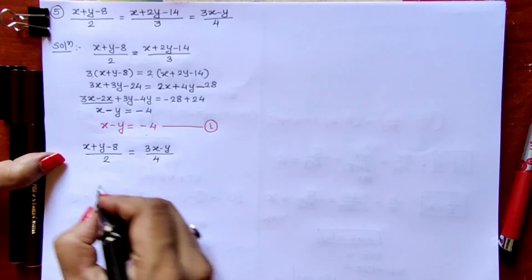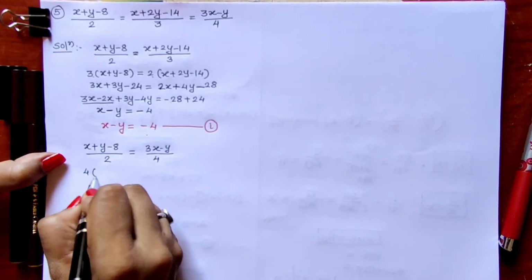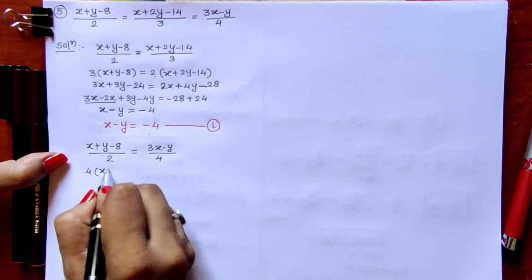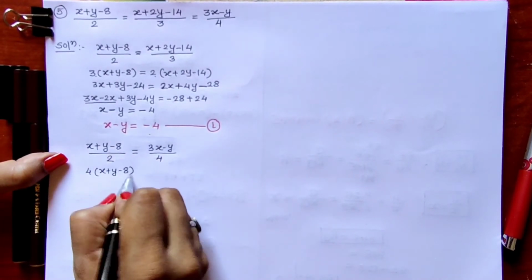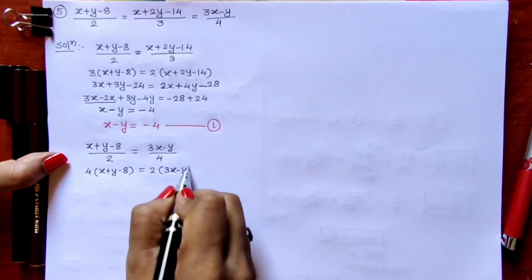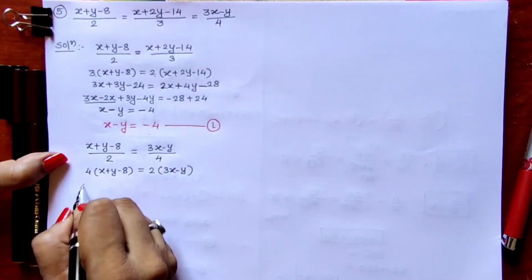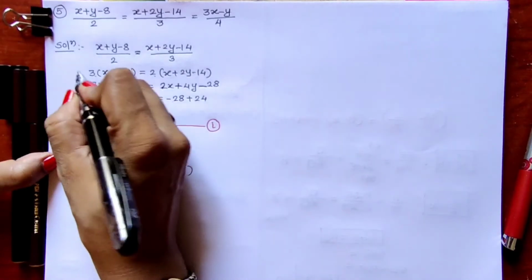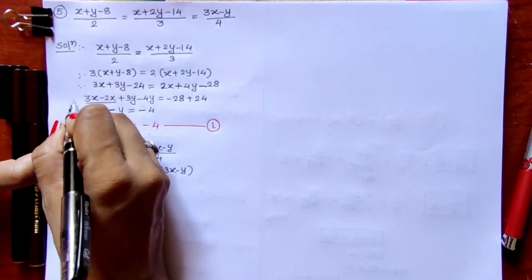Now solve by cross multiplication. So we write it as 4 into (x + y - 8) is equal to 2 into (3x - y). 4 into x is...